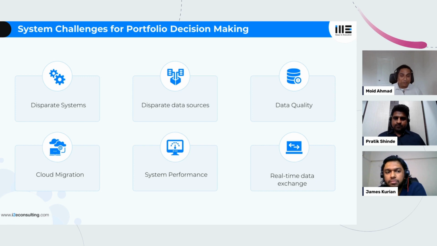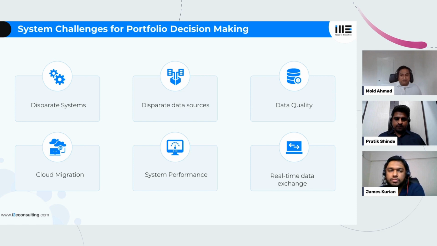I'm sure the technical people among the attendees might relate to that. Even adding one field to a report can result in a huge amount of effort needed from the back end. So these are some challenges. Data quality, definitely. We were listening to the keynote yesterday, and someone was talking about how the data needs to be usable for reporting purposes. Of course, the data quality, and cloud migration.